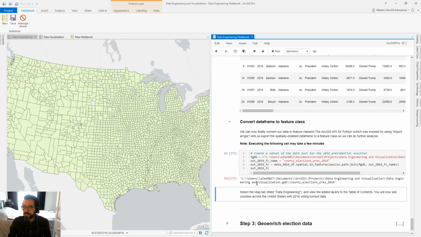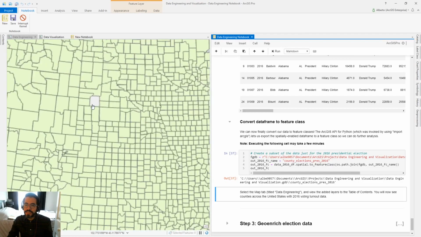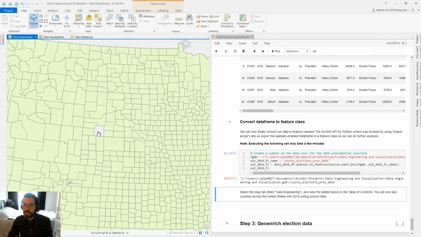So it just finished producing this and it gave us the map. Now there's a big issue here. We didn't see this just by looking at the table, but we now see an important issue, which is that there's a hole in our map. We have a county that's missing. And this county, if we do a little bit of interrogation,